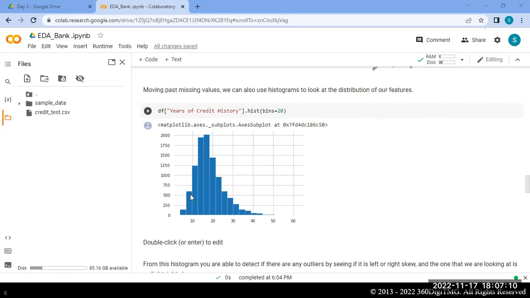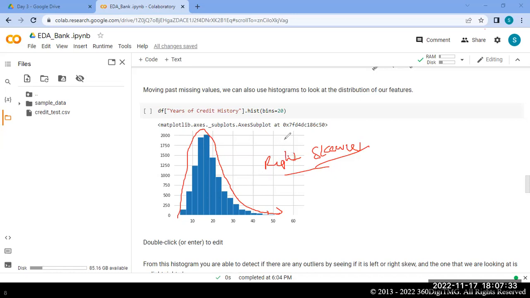So what exactly is this? We'll find out whether this data is symmetrical or not. Is it symmetrical? It seems slightly skewed towards the right. So it is right-skewed data. When you do the visualization, only then will you come to know whether it is a normal distribution or a non-normal distribution.